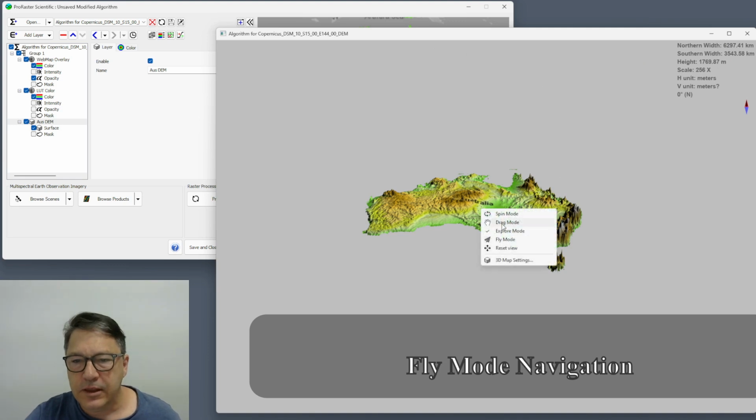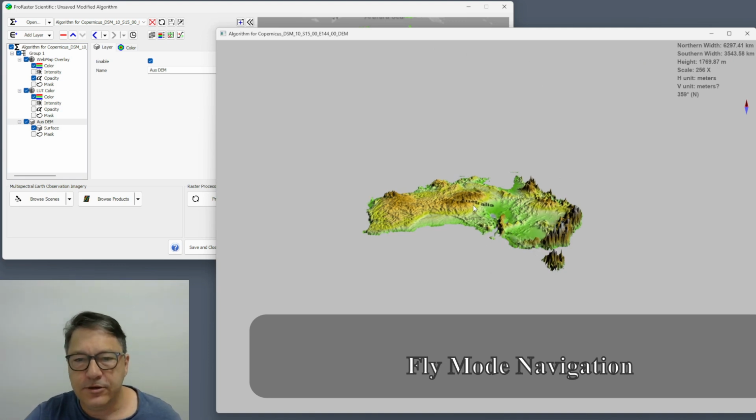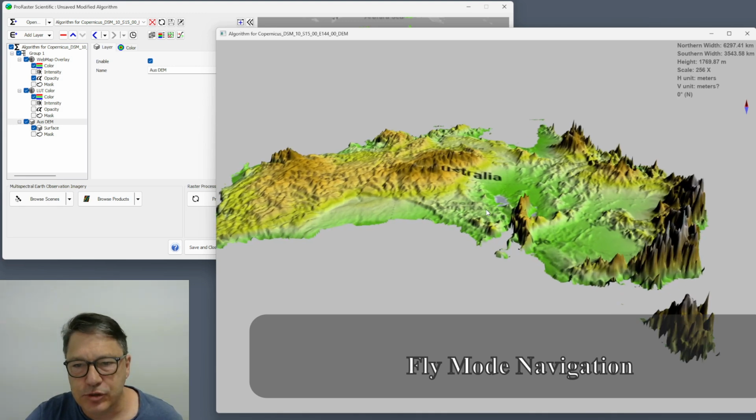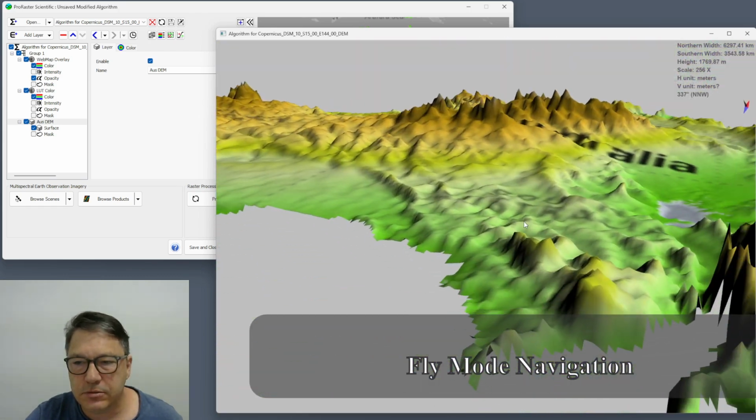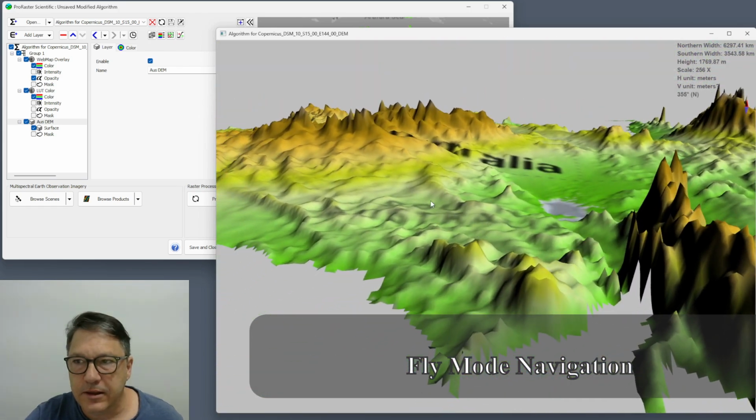Let's reset the view. The last one is fly mode. Fly mode is a bit like a flight simulator. You don't have any roll, so your head is always vertical. So probably the thing to do is to firstly just zoom in to the area where you're interested in, get control in starting, and then go to fly mode,